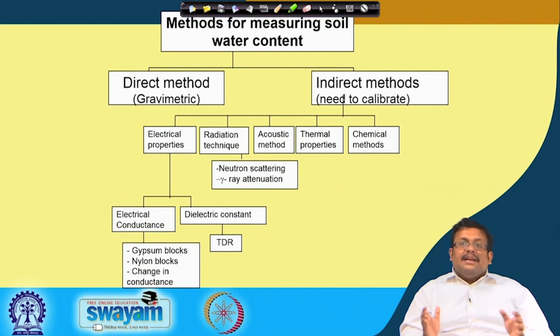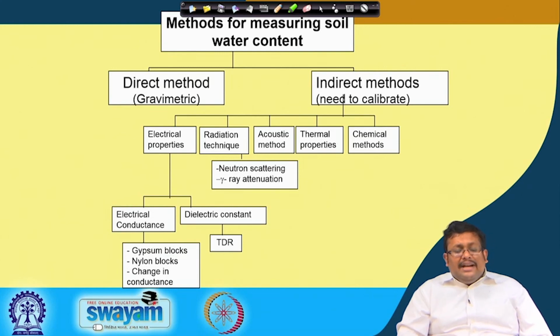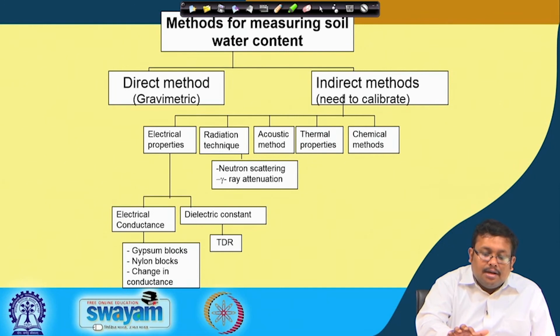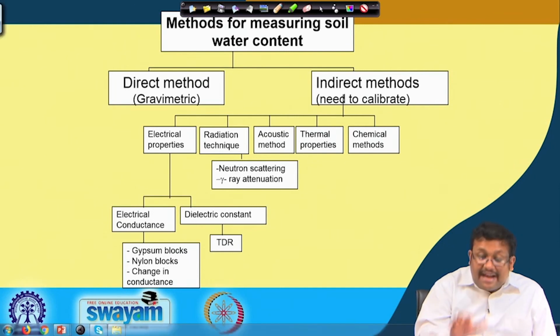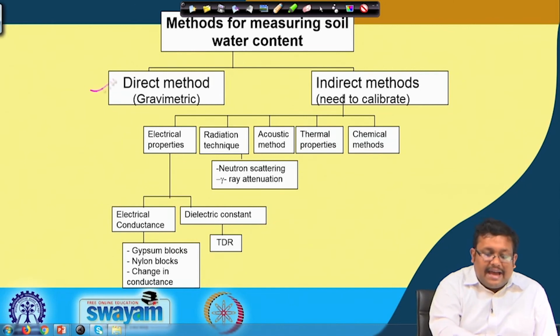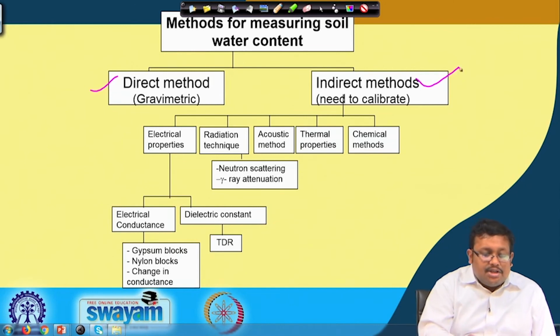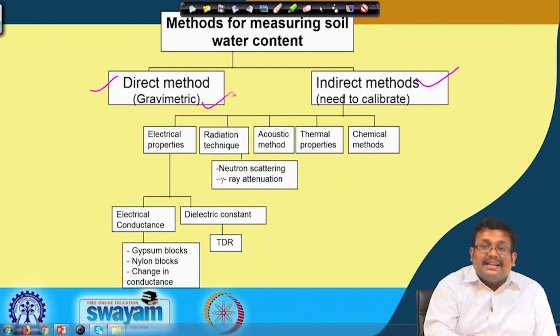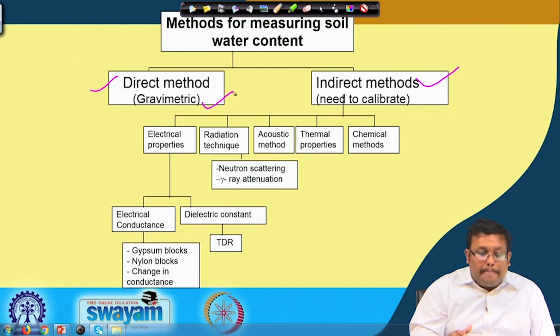We have discussed the energy concepts of soil. So, let us discuss different methods for measuring soil water content. We can broadly differentiate the methods of measuring soil water content into direct methods and indirect methods. For direct methods, we will be discussing the gravimetric method and also the volumetric method of soil water content. However, indirect methods need to be calibrated for a specific type of soil or specific conditions,